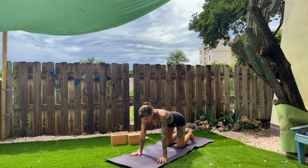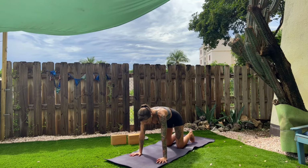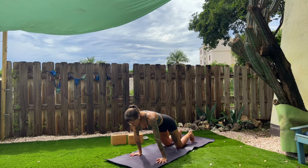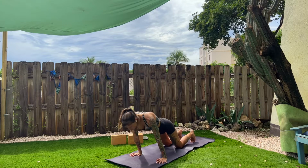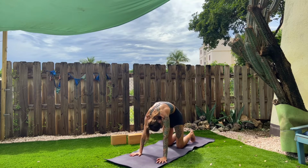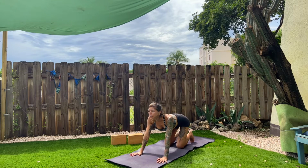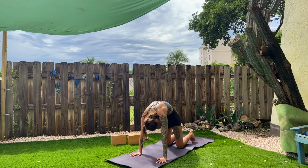So if you've never done this before, it's a lot about this tuck and release of the tailbone, if you already know, and also a leaning forward and back on the wrists. So we're going to tuck the tailbone, lean back, inhale as you come forward, release the tailbone, look up, exhale, lean back, tuck the tailbone, look to the belly button, lean forward, inhale, stretch the tailbone to the sky, look up, and then moving in this direction, looking up as the tailbone reaches away and looking towards the belly button